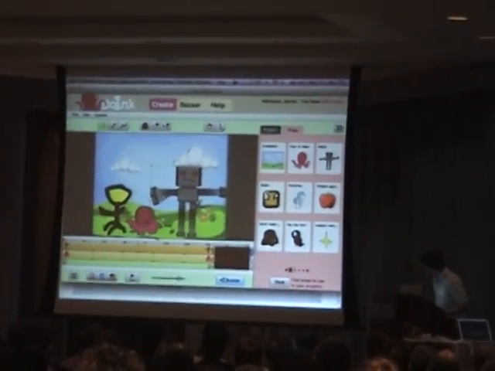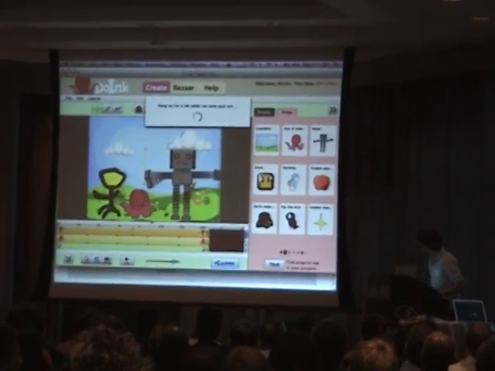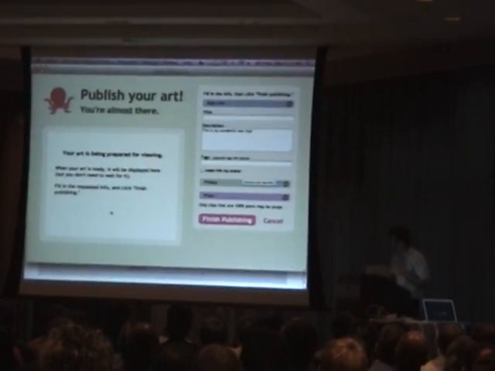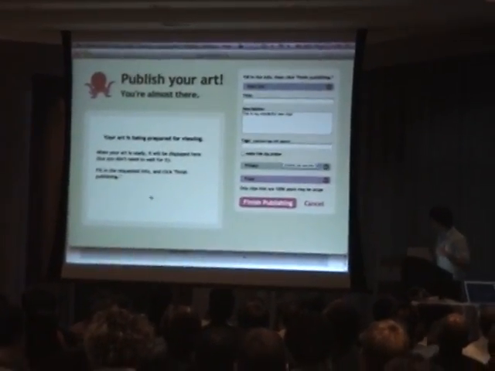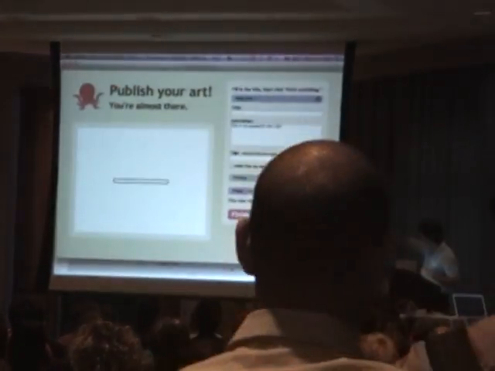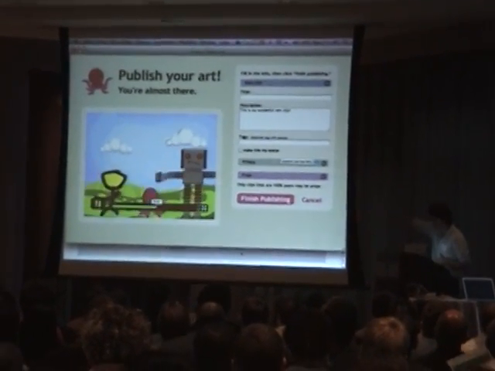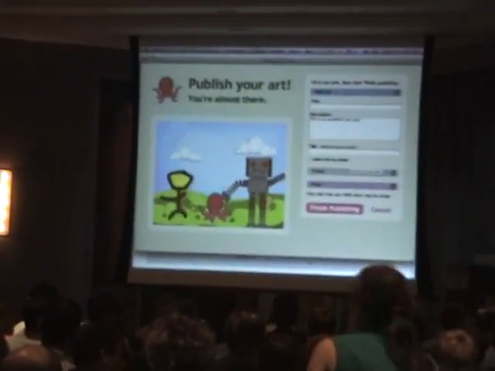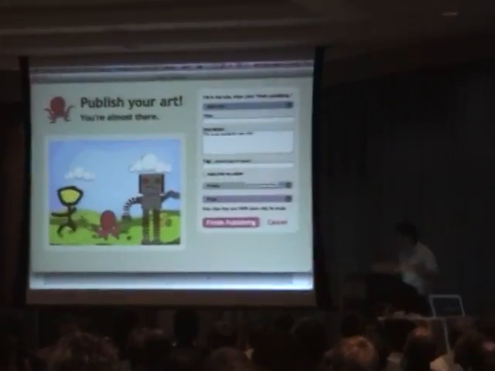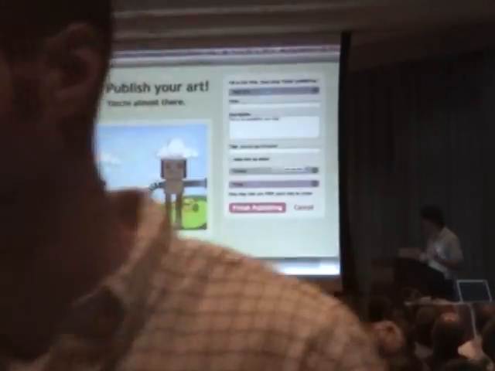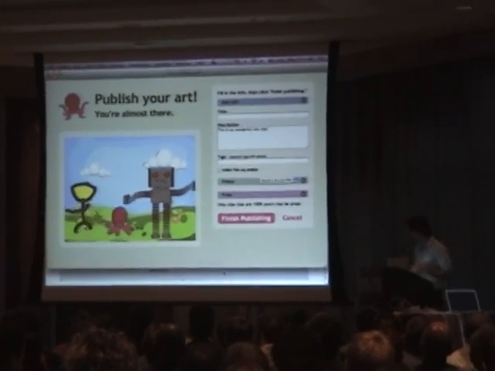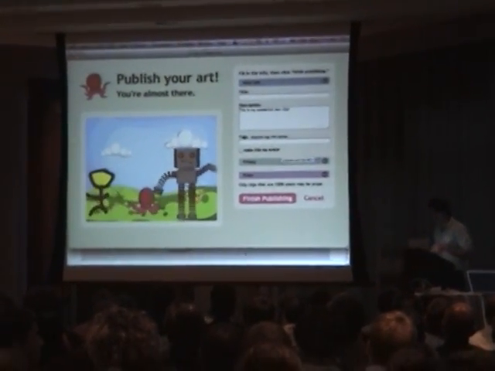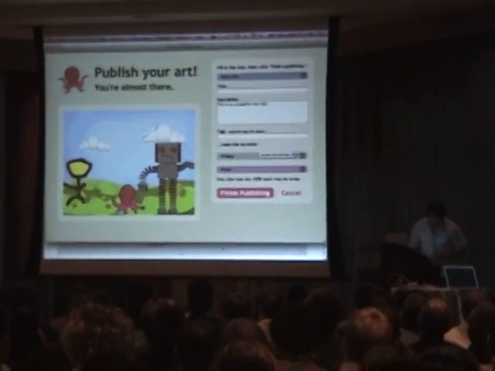Now, I'm going to push publish, and we compile the animation. We actually compile this to a native Flash file as though you made it in Adobe's Flash. And that's happening right now in the background on our servers. So this is a native Flash file. It's not in the editor. You can title this, you can share it to our site, and our huge community will comment and interact with you. You can push it to YouTube, you can push it to Facebook, you can push it to Twitter, you can download the SWF, and you can download the